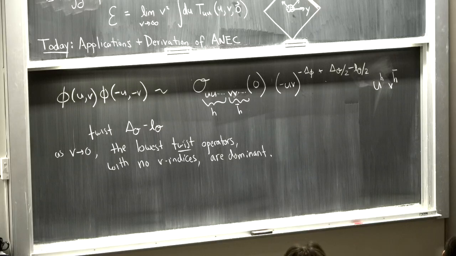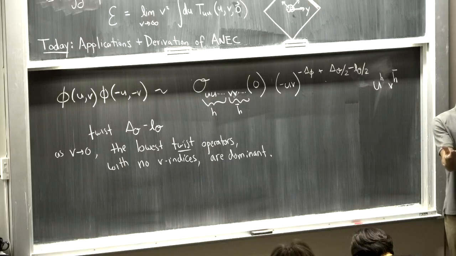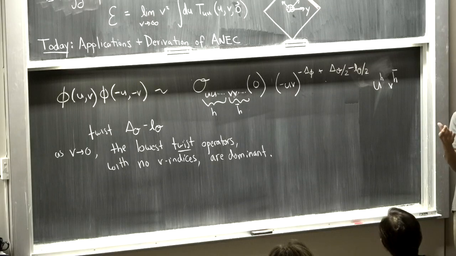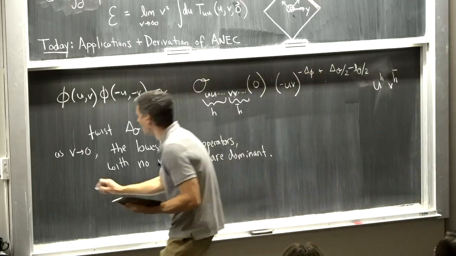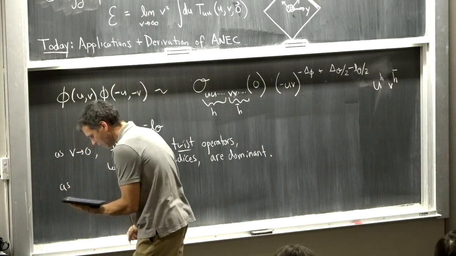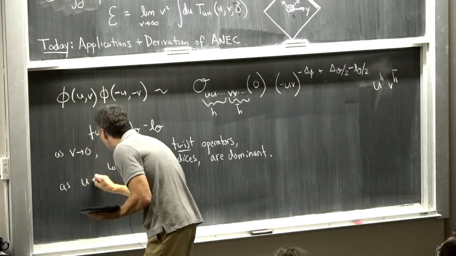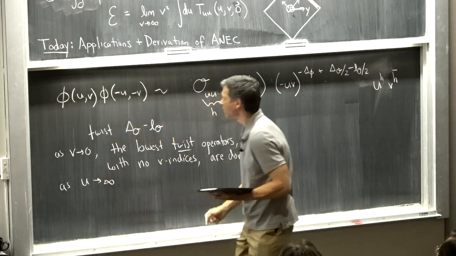This is different from what happens in the usual operator product expansion in Euclidean signature, what we usually use in the conformal bootstrap. When you work in Euclidean, the short distance expansion is an expansion in scaling dimension. The dominant operators in Euclidean are the operators of the lowest scaling dimension. The dominant operators near the light cone are the operators of the lowest twist. And furthermore, we're also taking U to be large.